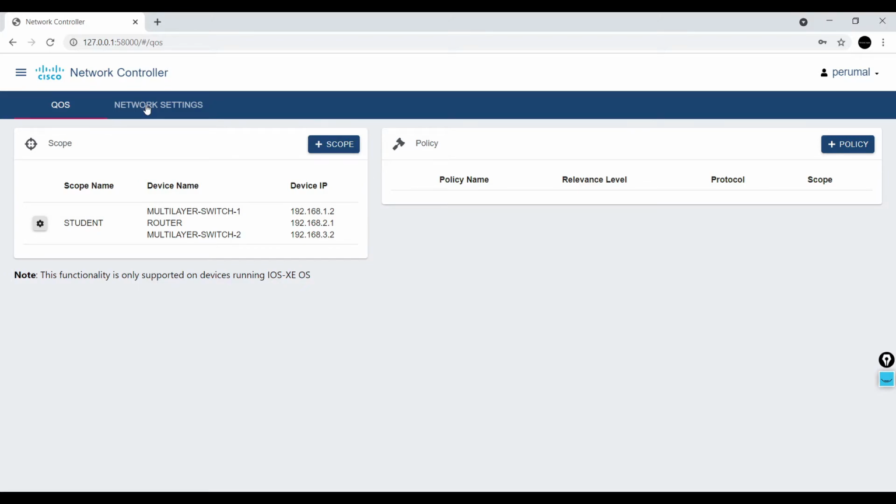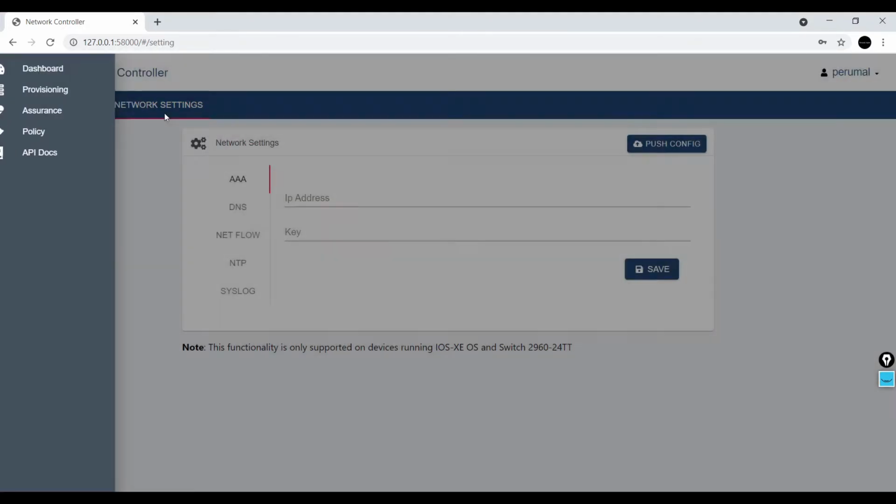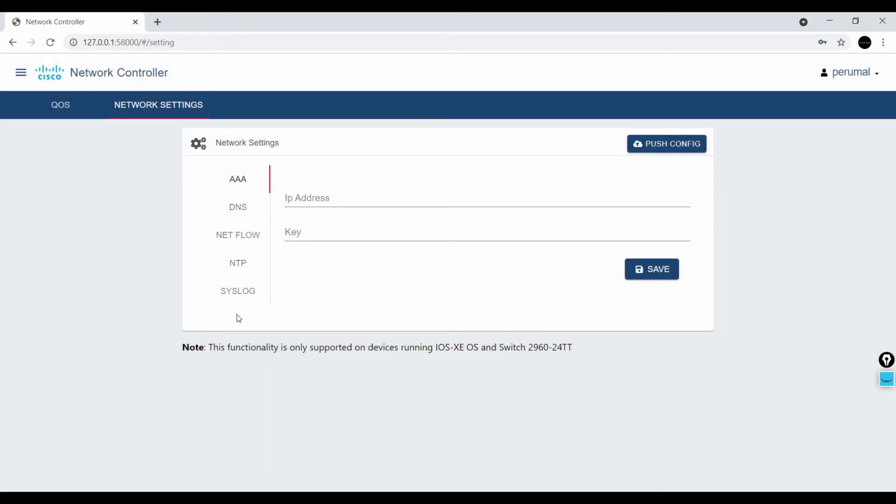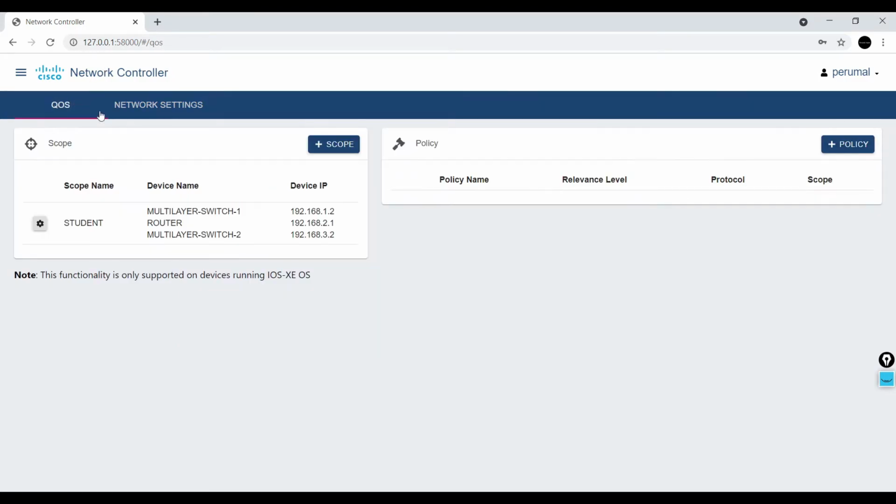We can enforce automation through the centralized controller, and QoS will be very easy rather than doing QoS on individual devices. And in network settings, these are the settings: AAA, DNS, NetFlow, NTP, syslog. We can configure every feature in a central place, and we can push the configuration to the particular device group.